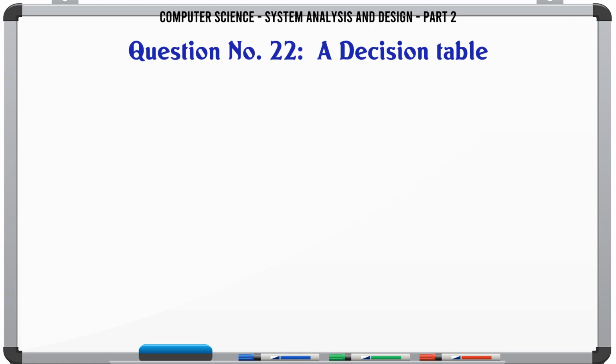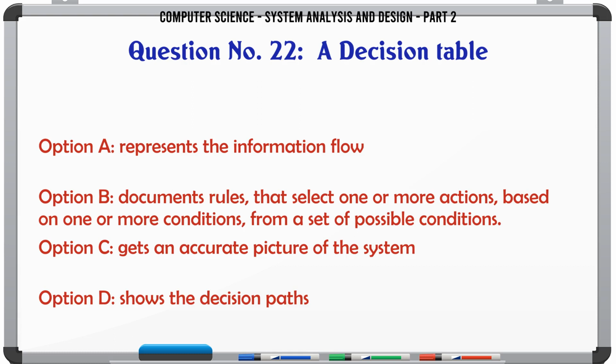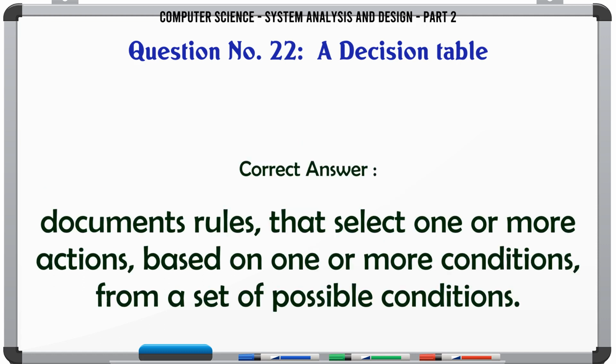A decision table. A. Represents the information flow. B. Documents rules that select one or more actions based on one or more conditions from a set of possible conditions. C. Gets an accurate picture of the system. D. Shows the decision paths. The correct answer is documents rules that select one or more actions based on one or more conditions from a